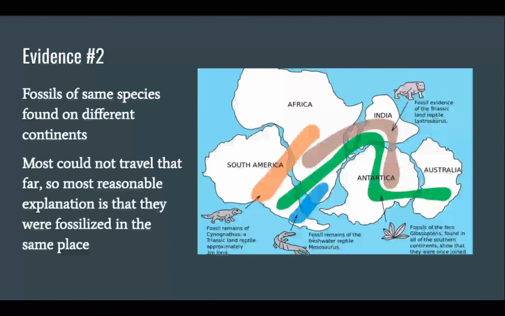To support this, he also observed that these species would not have been able to make it across an ocean, so them existing in the same area at one point is the only reasonable explanation for their current existence on different continents. One fossil found in southern Africa and South America was the Mesosaurus, which is a freshwater reptile only